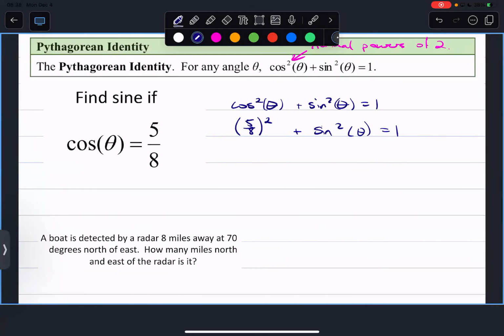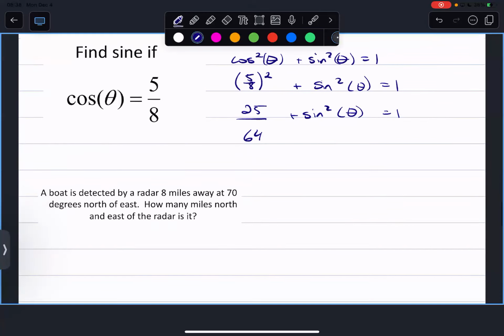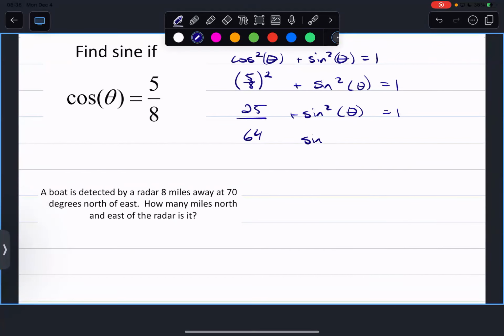Okay, it doesn't really simplify to anything nice. 25/64 plus sine squared theta is 1. I can subtract 25/64 from both sides, 1 minus that little guy. I get sine squared theta